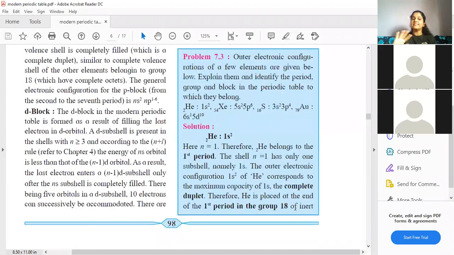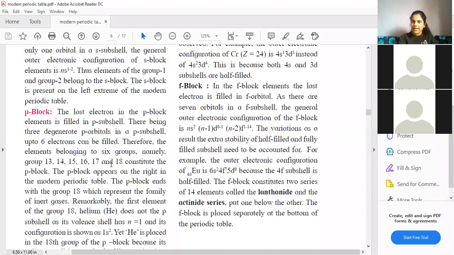Okay, nothing new I am asking. I am asking you all to write configuration only, but for now for F block, so you all will understand, students, how the filling happens. You all can refer to that energy level from your chapter 4, from lower to higher energy. Then come back to this paragraph. You all can try for other elements also.